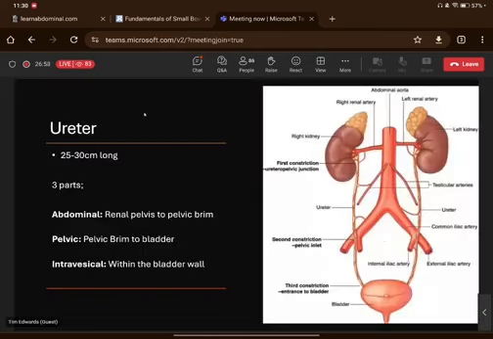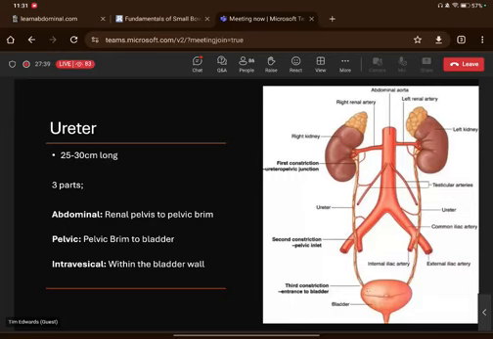So moving on to the ureters, again, as we know, paired structures that can be split generally into three parts. So the abdominal part, which is the largest part, is the area that runs from the renal pelvis itself down into the pelvis, and then at the pelvic brim becomes the pelvic part of the ureter. And then when it reaches the bladder and is within the bladder wall, there's the intravesical portion of the